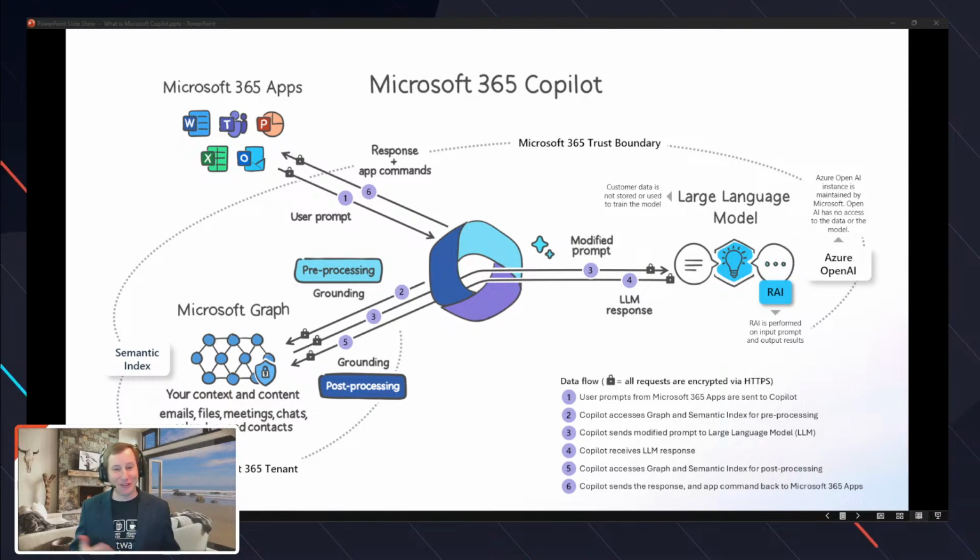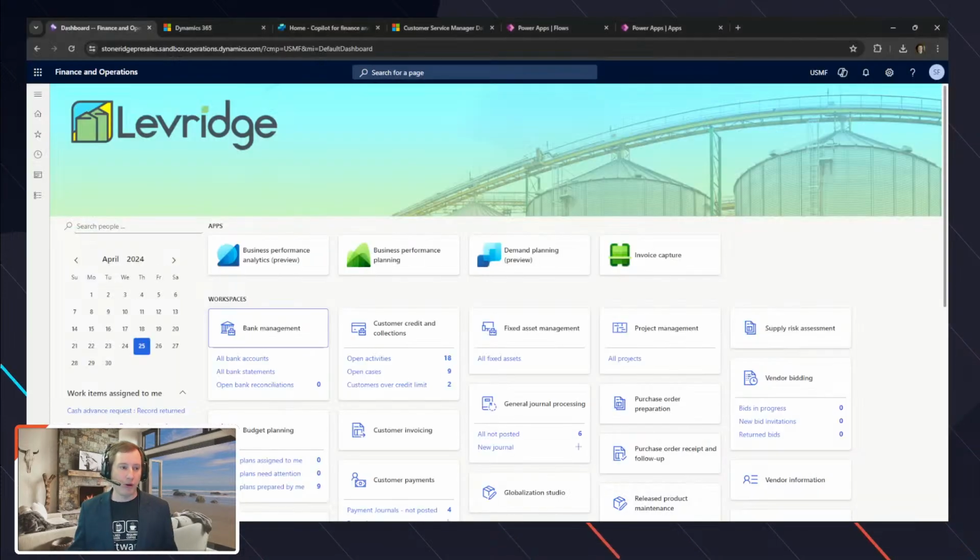But what I'm going to do is just go ahead now and show you a little bit more of what we can do with Copilot and what you should start framing your mind around in order to start leveraging this capability to really focus on automation, efficiency. There's just so many different options here that you can tackle. So first and foremost, I'm going to go ahead and open up finance and operations as just a quick example